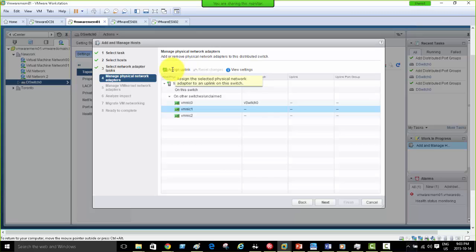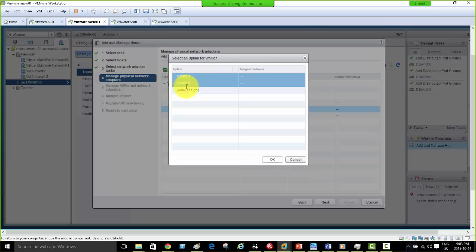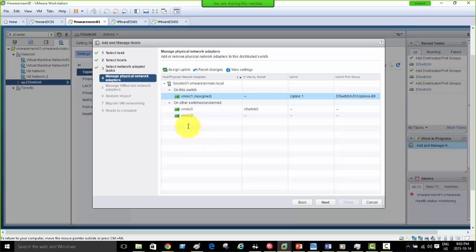So this means that the physical adapter of the ESXi01 will be mapped to the virtual adapter or uplink 1 of this distributed switch. So distributed switch will have communication established with the network adapter VMNIC 1 of ESXi01 through this step. So I select uplink 1, press OK, and then I say, yeah, just take control or take over